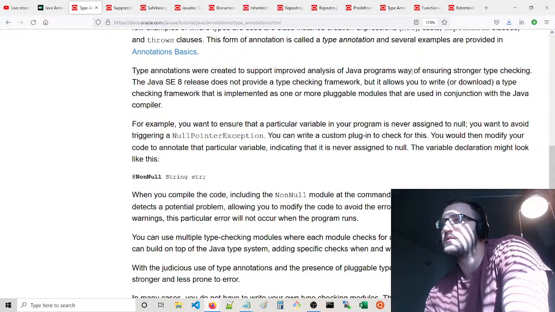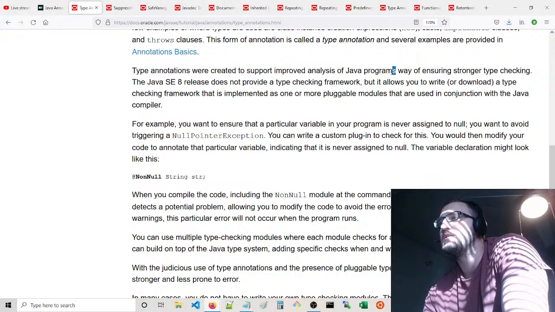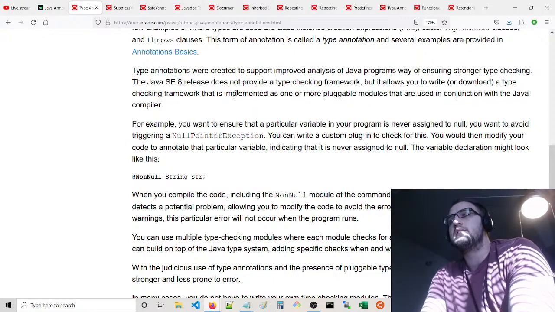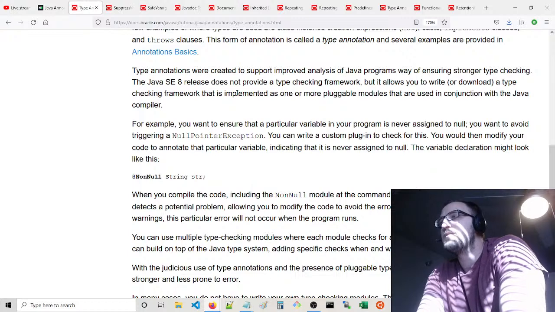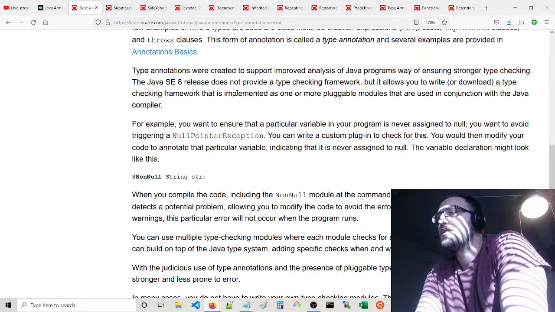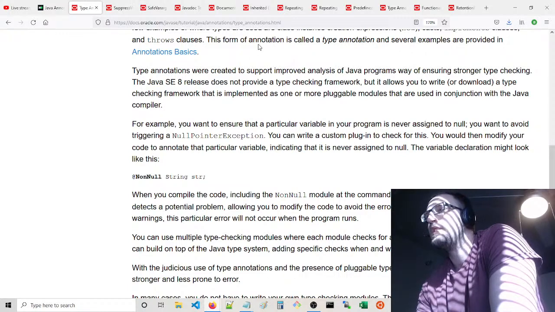I don't know how this English is correct. Is it of Java's way or Java programs way? I think there's missing an asterisk here or something. I don't know. The Java SE8 release does not provide a type checking framework, but it allows you to write or download a type checking framework that is implemented as one or more pluggable modules that are used in conjunction with the Java compiler. So okay, so we're saying that we have